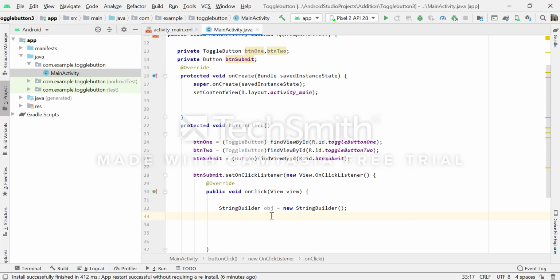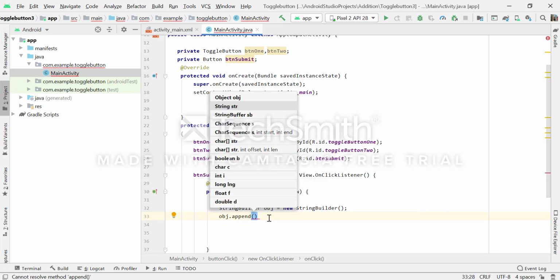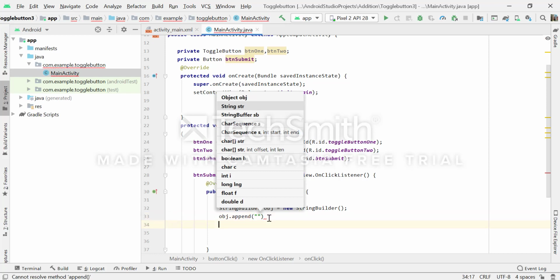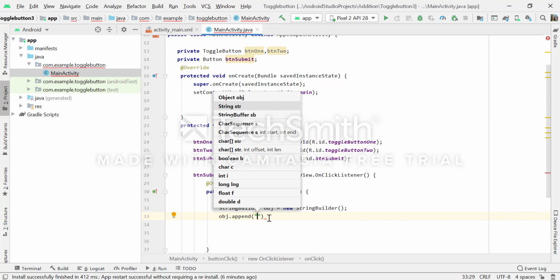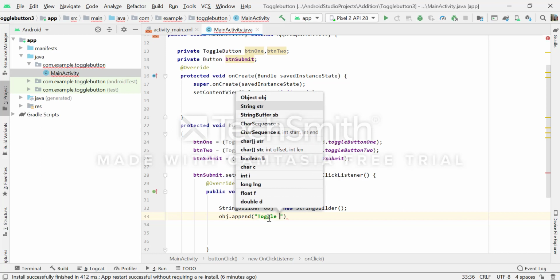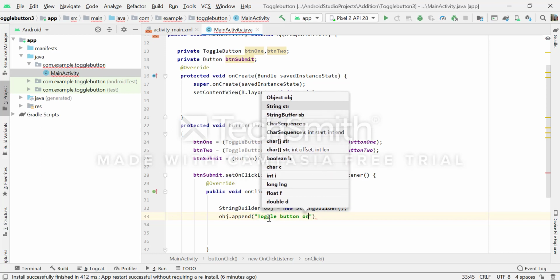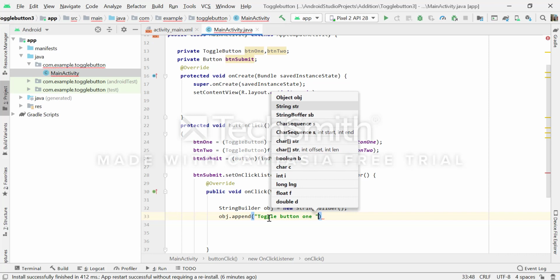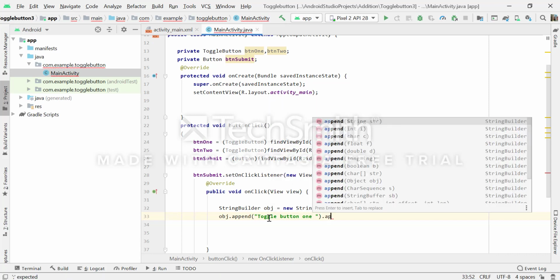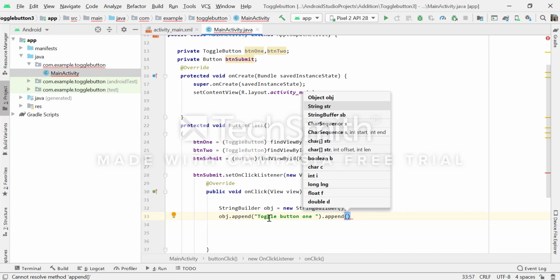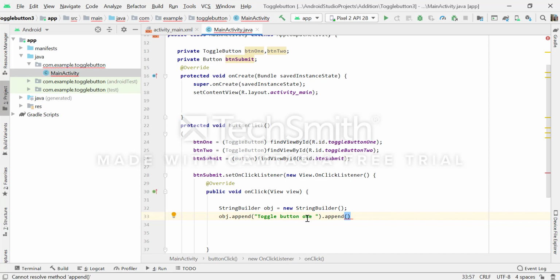So here, with the help of obj, I will call the append method to concatenate the string. I will set here toggle button 1. This is the first string, and again I will call the append method to concatenate the next string with this toggle button 1.